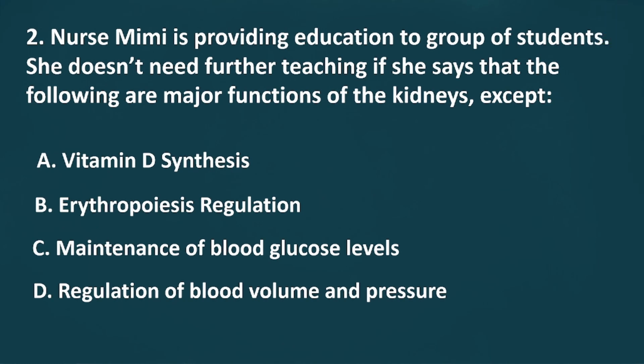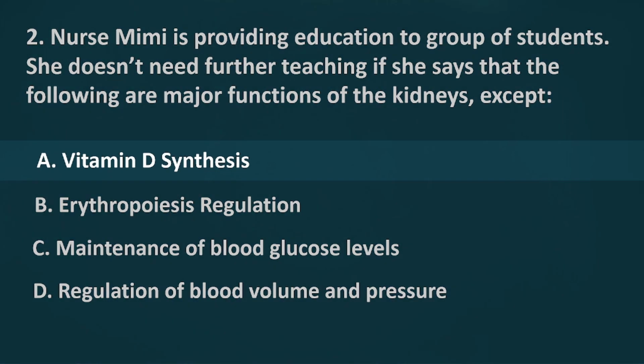Let's apply the process of elimination. The kidneys convert vitamin D from supplements or from the sun to the active form of vitamin D that is needed by the body to maintain bone health, making option A a correct statement. Erythropoiesis is the process of producing red blood cells. It is stimulated by decreased oxygen in circulation, which is detected and processed by the kidneys, making option B a